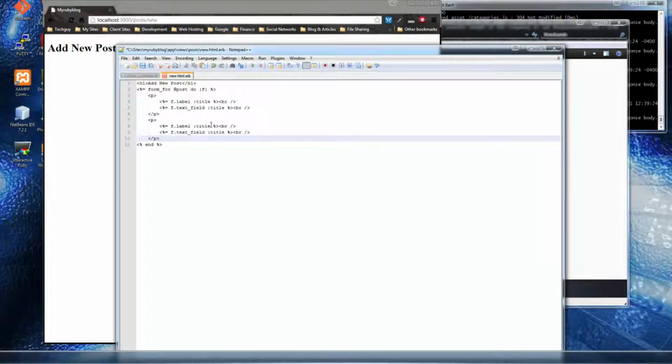And now we want to do the body, so just change title to body. And instead of a text field, we need a text area because this is the body. It's going to hold a lot of text. And if we copy that,